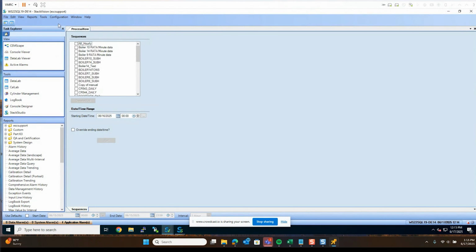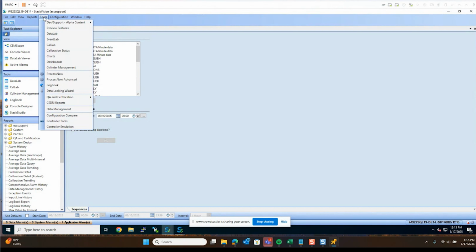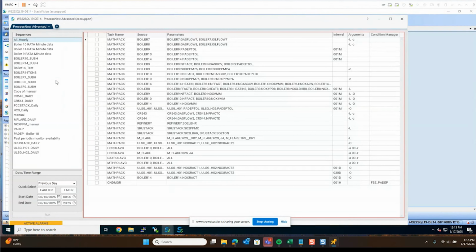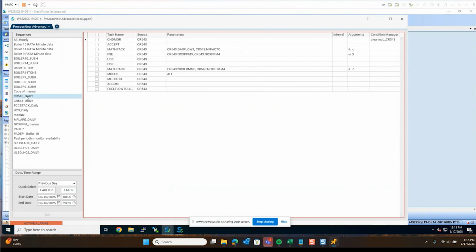This is not changed, but if you're trying to run just a specific task, which you've been able to do through the command line, but this is a lot more user-friendly, you click Process Now Advanced. It's going to start, and you're going to see your sequences all over here. So if we were trying to run, like in the example I previously used, where their daily was getting stuck on UDR, what I did is I just selected their daily task, selected the UDR task, the date range that